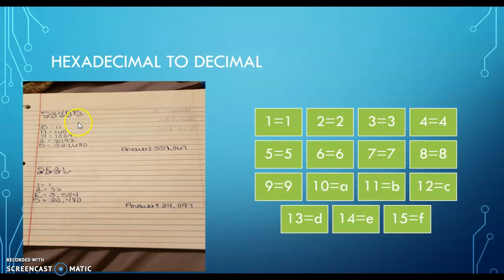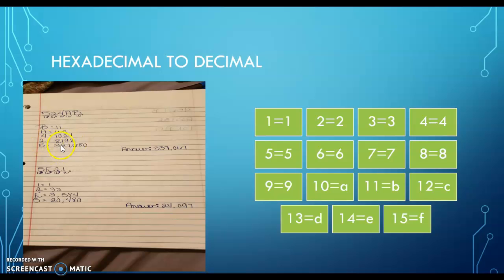With hexadecimal to decimal, you always want to multiply by 16 to the next power. So right here for B, that'll be 16 to the 0 power. Next, it'll be 16 to the first power, 16 to the second power, 16 to the third power, and 16 to the fourth power. So the way that I did it, B equals 11, A equals 160, 4 equals 1024,